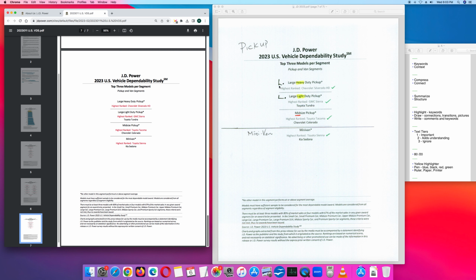Pickups, large, heavy, Chevy Silverado HD. Pickups, large, light, highest ranked, GMC Sierra. And then mid-size pickups, highest ranked is Toyota Tacoma. That was pickups. Moving on to another category, minivan, highest ranked is Toyota Sienna. So that is,